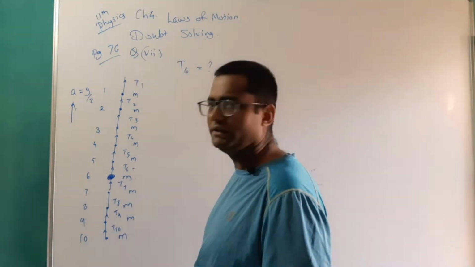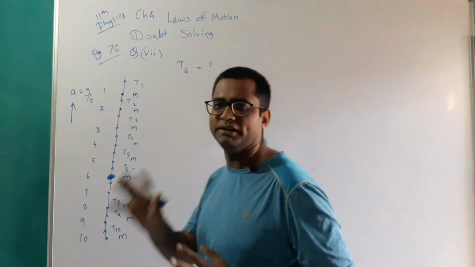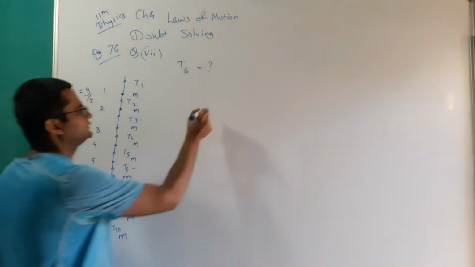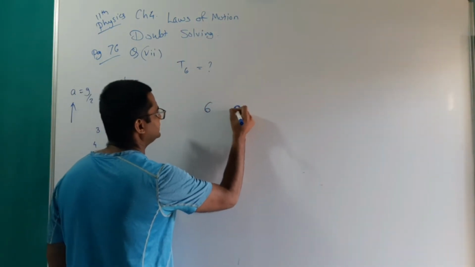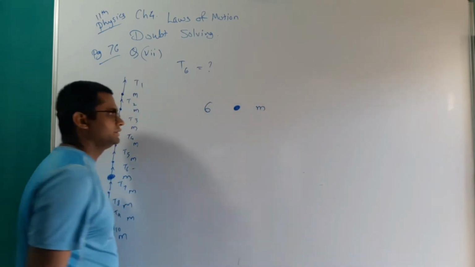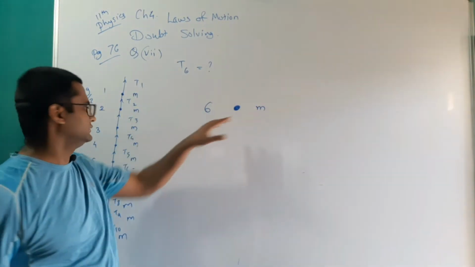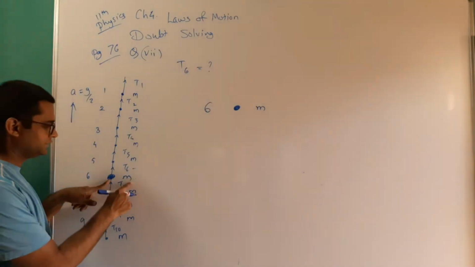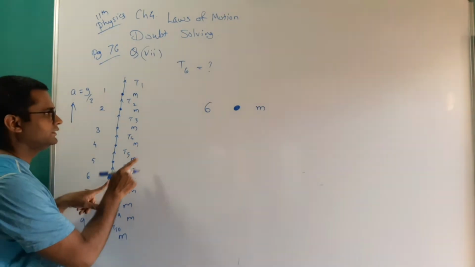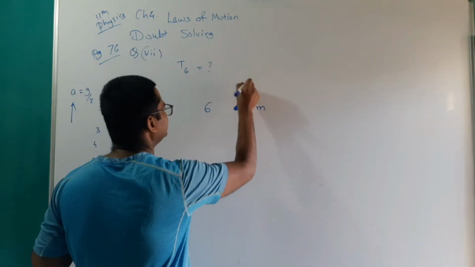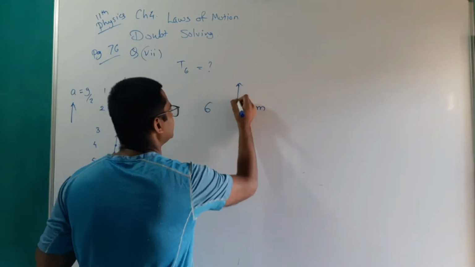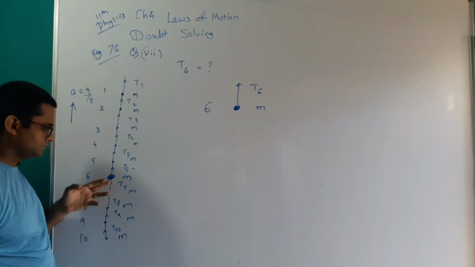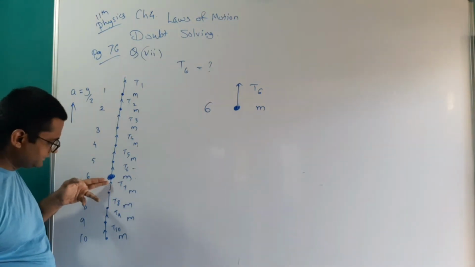Okay. So what we will do, we will just make a free body diagram for this system, and we will reduce this system. So first consider this sixth mass. So I have this sixth mass here, and remember that all these masses are m. I am just making it large to highlight this particular mass. So this is m, and the force upwards is tension T6. Upward force is tension T6, and if you look at the downward force, there is tension, and this tension is due to all these masses.